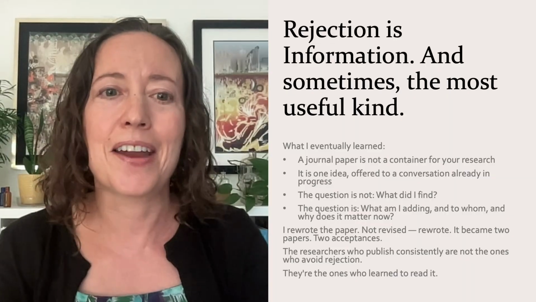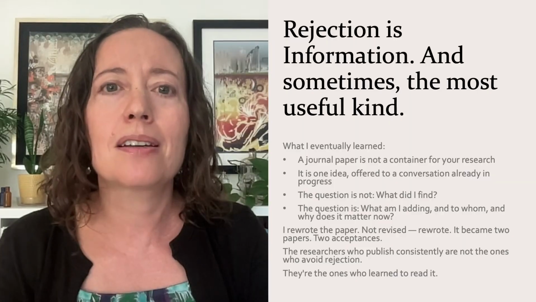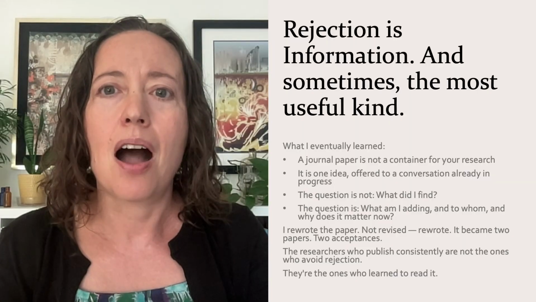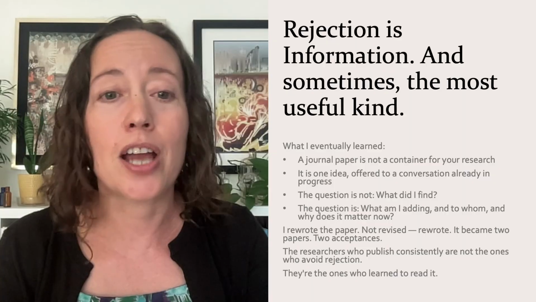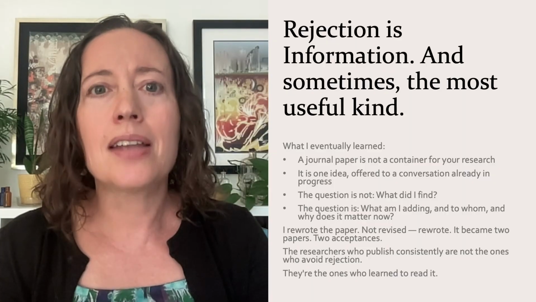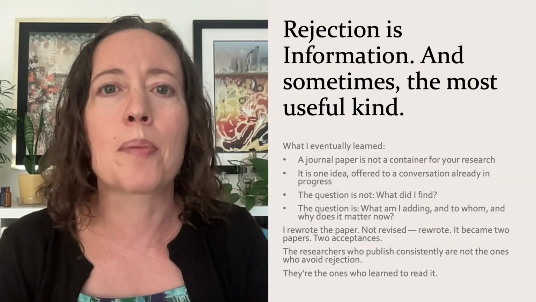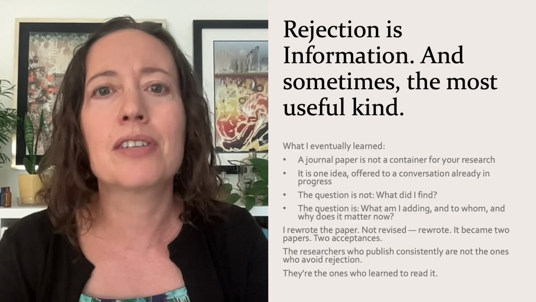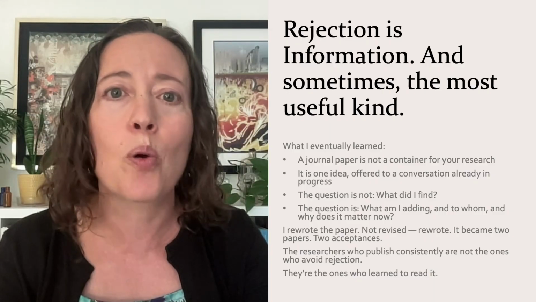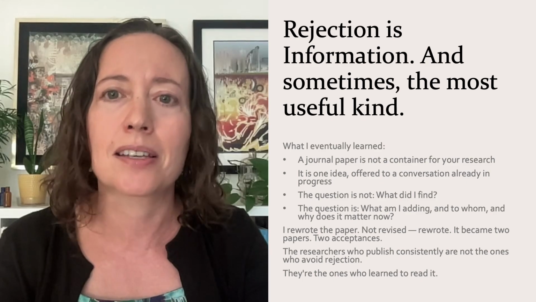All right. After my third rejection, at the prompting of that editor, I bought Wendy Belcher's Writing Your Journal Article in 12 Weeks, which I highly recommend. Then I sat down with my paper and started working through it. And I realized I'd been performing academic writing. I knew the jargon, I knew how to sound like a researcher, I knew how to organize a report of what I'd done: background, methods, findings, discussion.